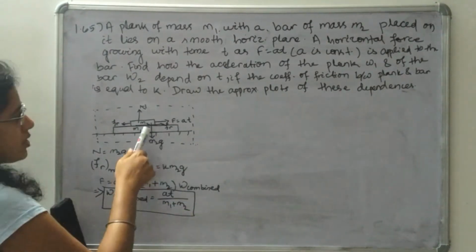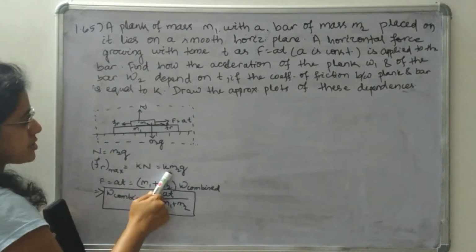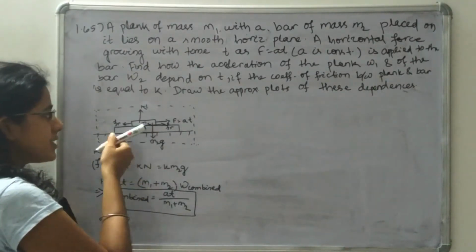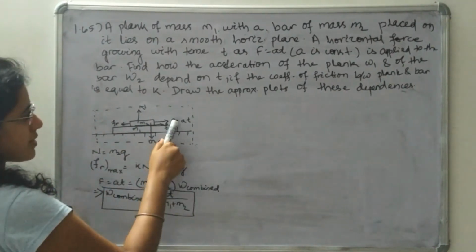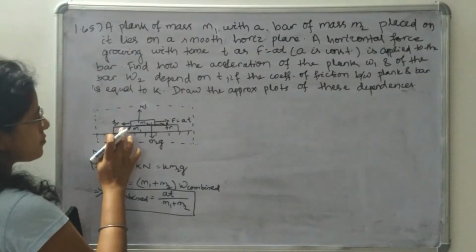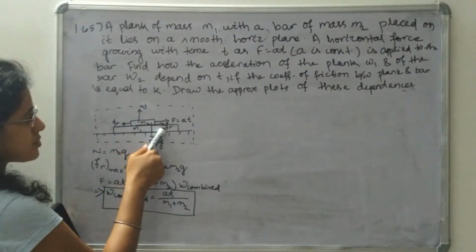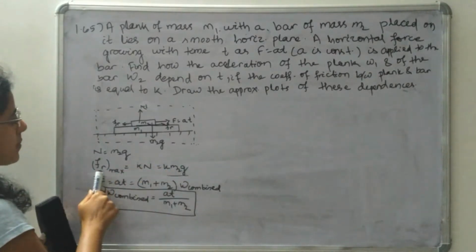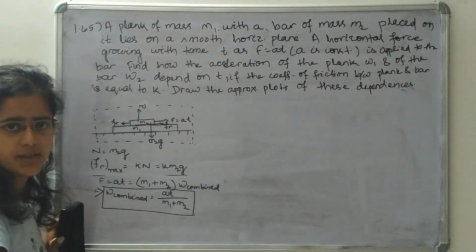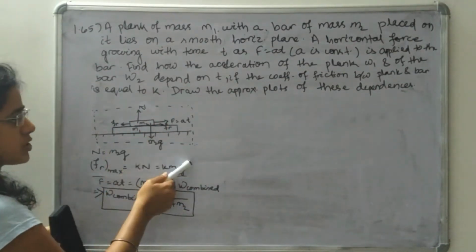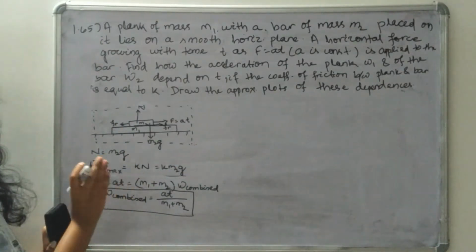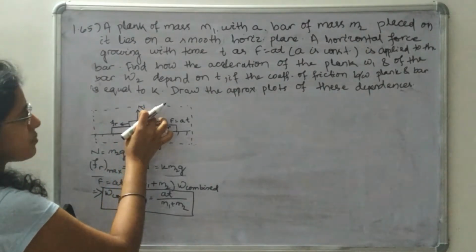Okay, next you can see that the maximum frictional force is K into N, that is K into m2 into g, and this frictional force on the plank is in this direction. As the force F = At is only applied on the bar, as given in the question, this plank is moving on the basis of which force? This frictional force. Okay, so after reaching the maximum frictional force, for the ground observer, these two bodies are moving separately. As the force is applied on the bar, for the ground observer, this bar is moving with greater acceleration than the plank. We can calculate the time after which these two bodies are moving separately.